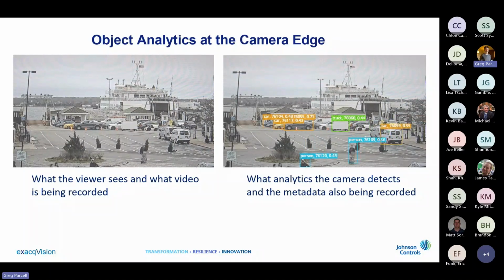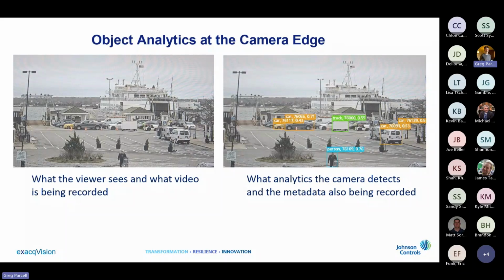The right-hand image is showing that same camera, but I pulled a second stream that shows me the analytics that the camera is seeing. This is a live look at, from the camera perspective, it's trying to identify, there's people walking across. It'll try to identify not only that that's a person, but what color clothes are they wearing. It'll identify the vehicle types, cars, trucks, buses, and the